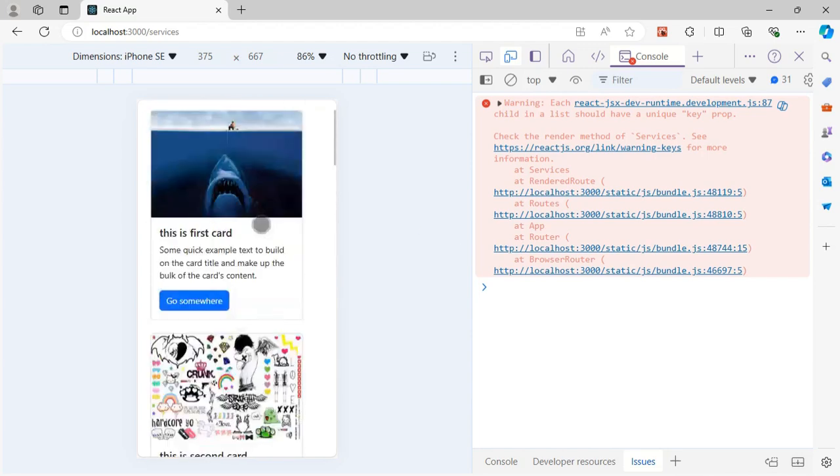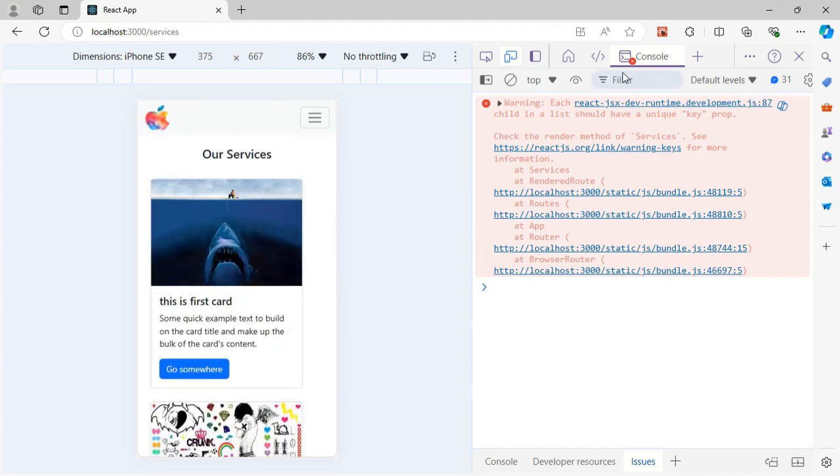If you have not downloaded and installed the React Developers Tool extension, you would see a message here that for better experience you should install React Developers Tool, and it would also